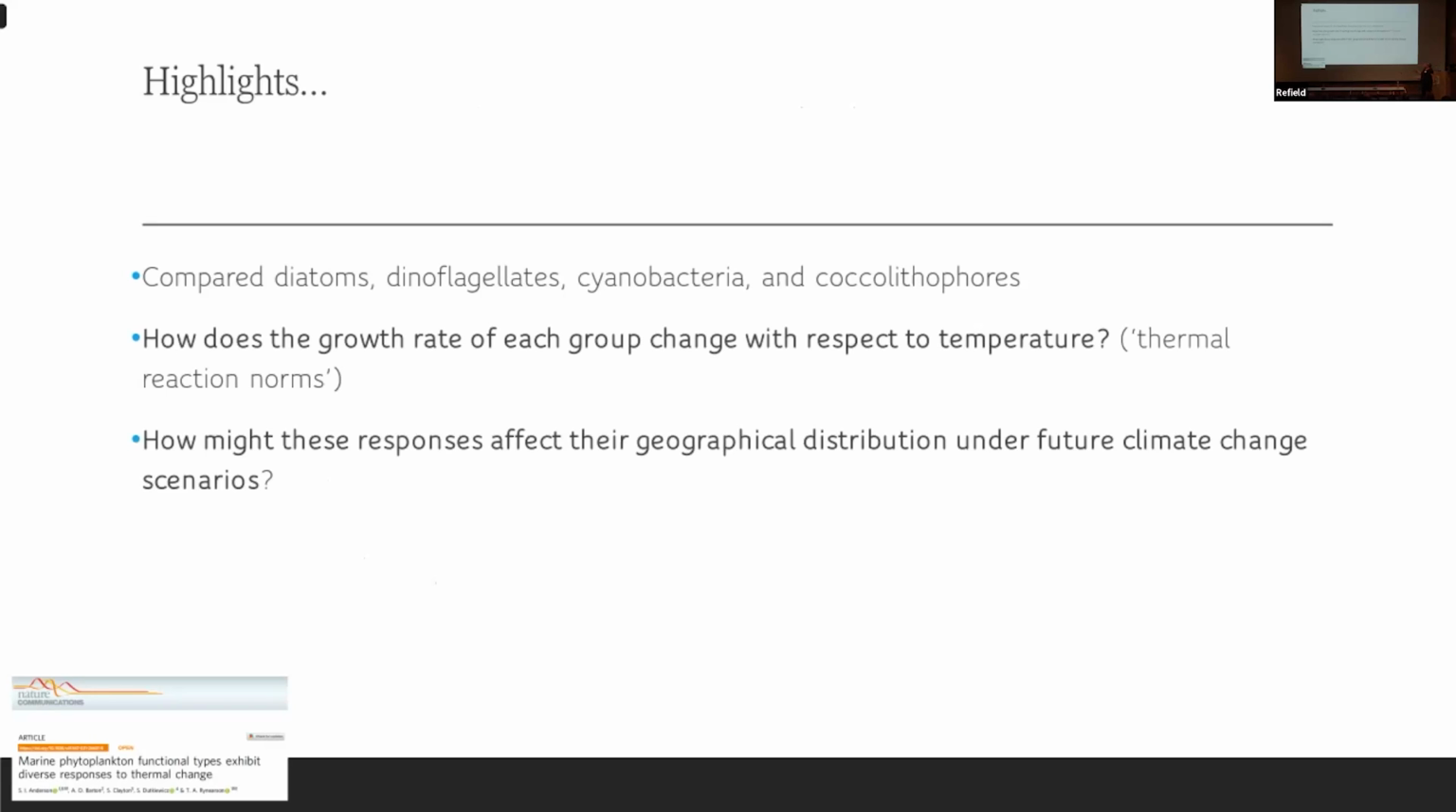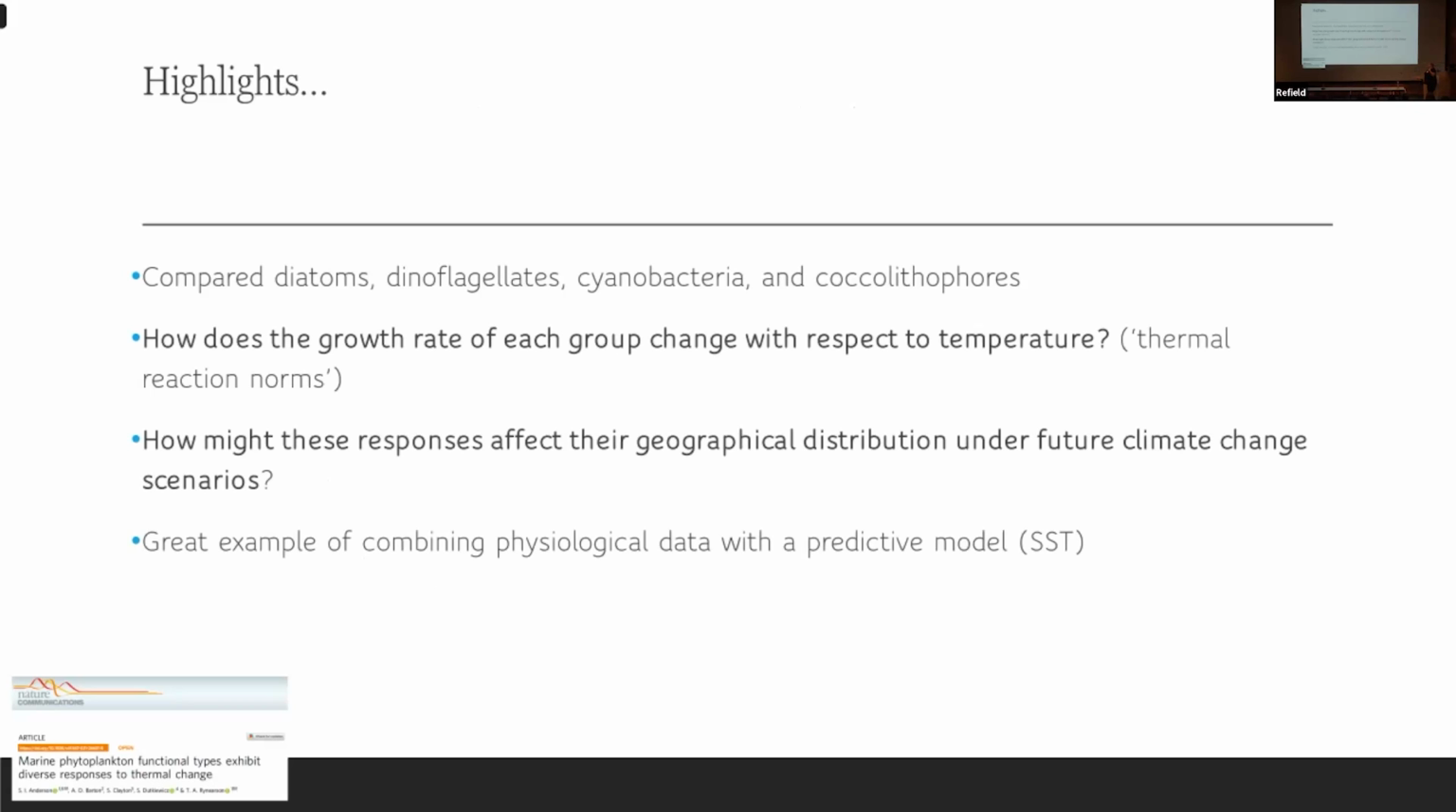How does the growth rate of each group change with respect to temperature? And they characterized using data some of these thermal reaction norms. I tend to call them thermal response curves. It doesn't matter, it means the same thing. And then they asked the bigger question, how might these responses affect their geographical distribution under a future climate change